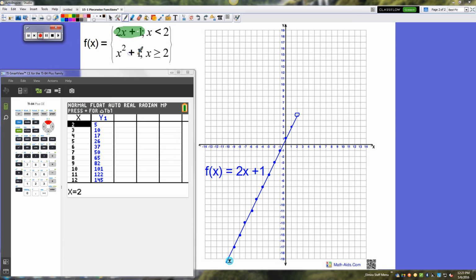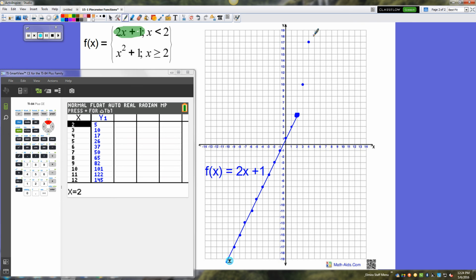So the x squared plus 1 is going to take over where the linear left off, and it has an equal bar. So this dot that we had not colored in before, it's now going to be colored in because it counts for this graph. So then we've got 3 and 10, and 4 and 17, and then we kind of can't fit any more on here, so we're just going to draw in